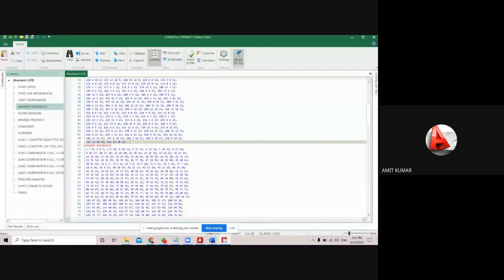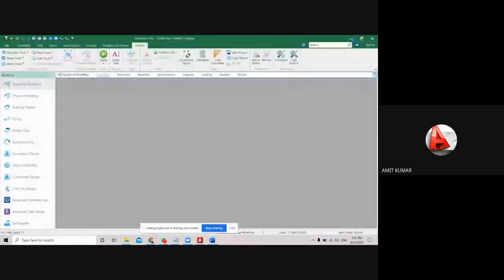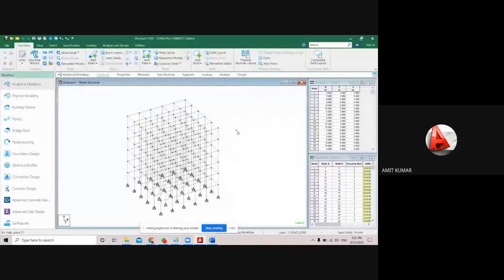The new node will be 253 and the value 18, 18 by 18, and just press the semicolon here. You will see one more node will be created like this, and the coordinate value will be 18 by 18 by 18. And then after that you can create the beam.